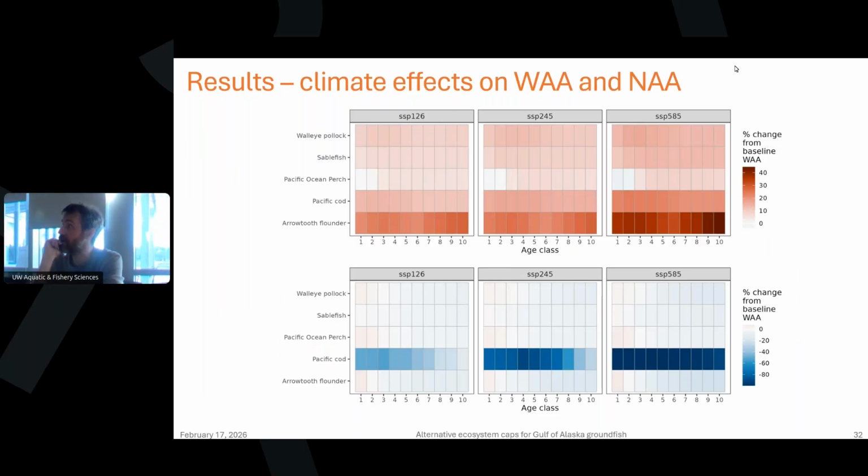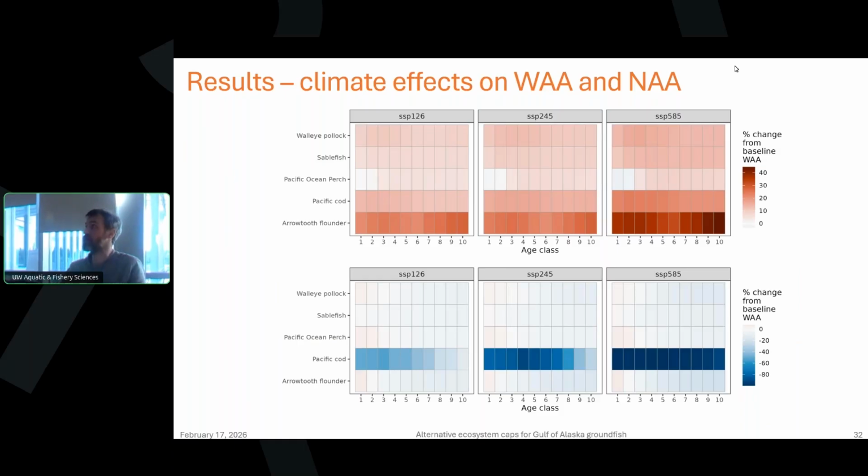So what you've seen is total biomass in the previous plots, but you can dig deeper under the hood and look at weighted age and numbers at age and how that changes in the various climate scenarios compared to the case that does not have any climate. This is a snapshot at the end of the run, so after these stocks have been exposed to these conditions for a long time, your stock structure changes fairly substantially, although the total stock biomass may look fairly similar. You basically end up with populations that are at higher weighted age,